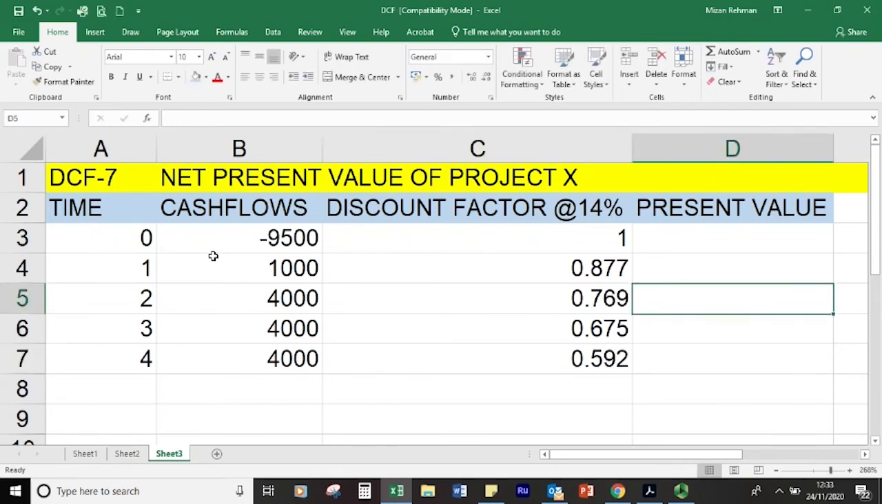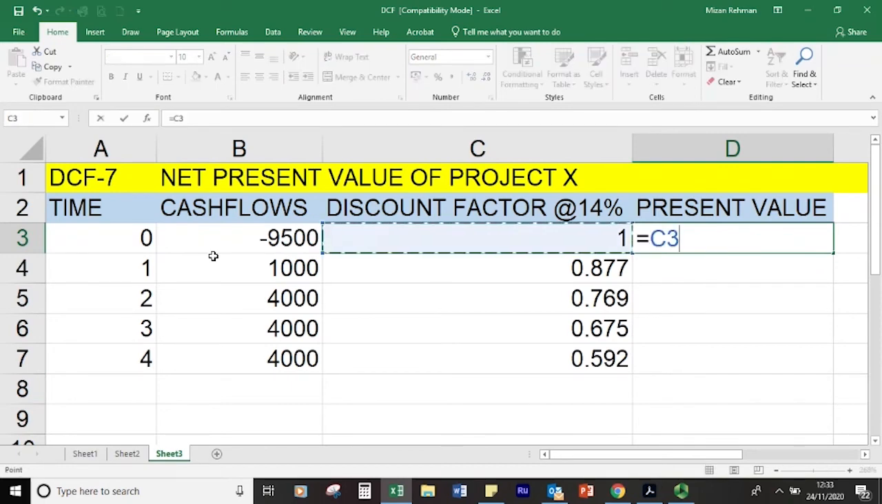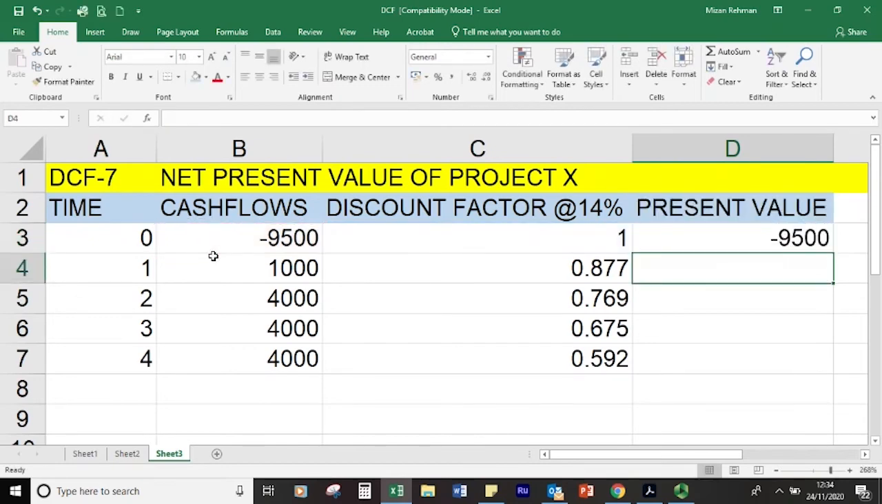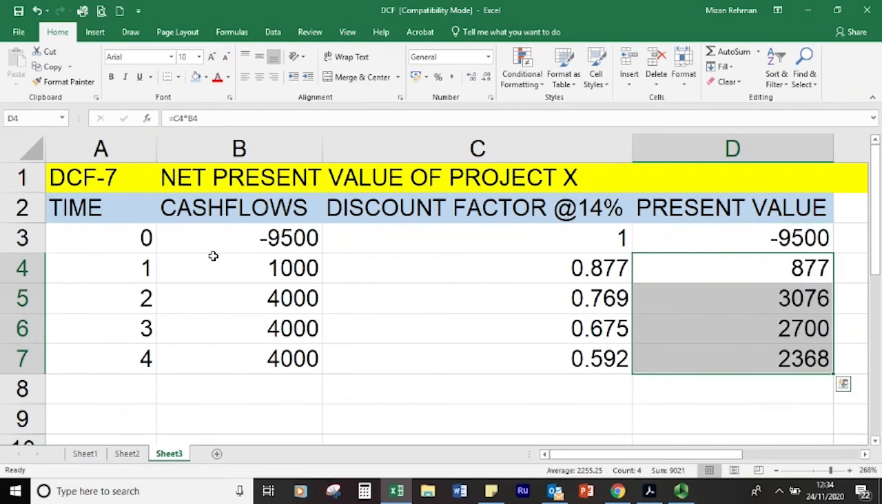Okay, so let's multiply cash flows with discount factors. Obviously this is going to be the same because it's now, and I simply copy the formula and paste it there, so we get our present values. So 1,000 received after 1 year under a cost of capital of 14%. We get a present value of £877, and consecutively the values are 4,000, and you can see the 4,000 is losing value as we go further